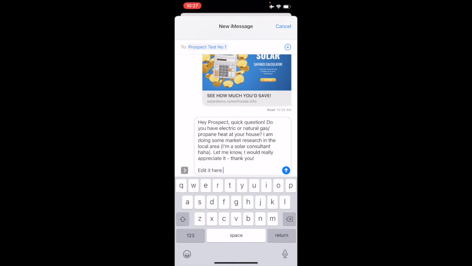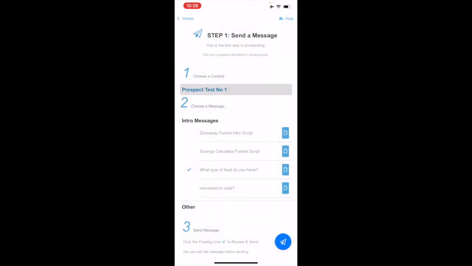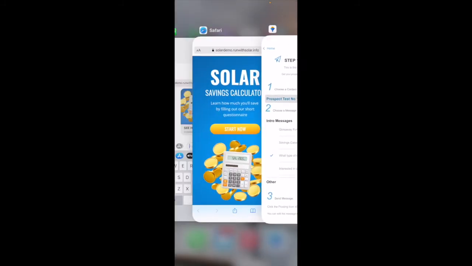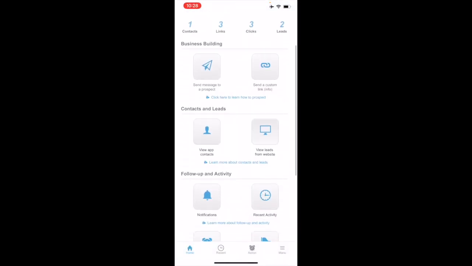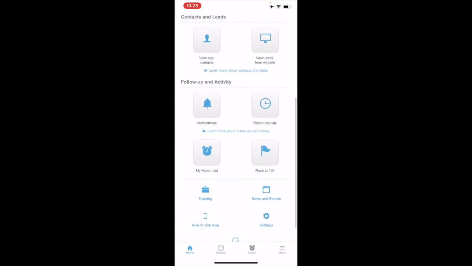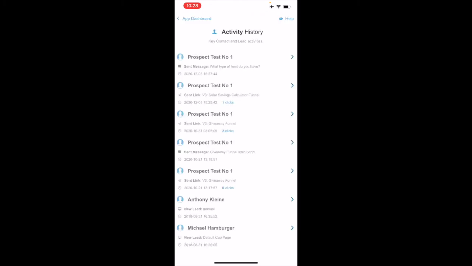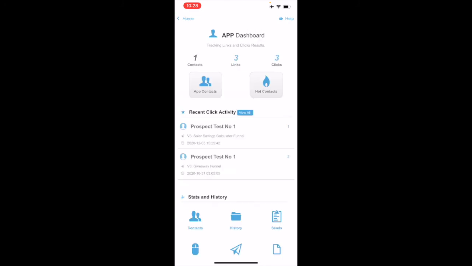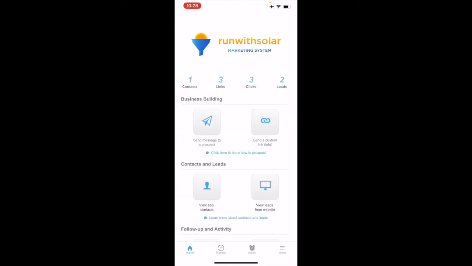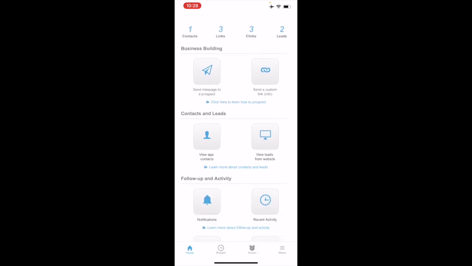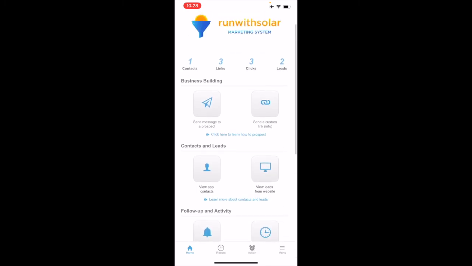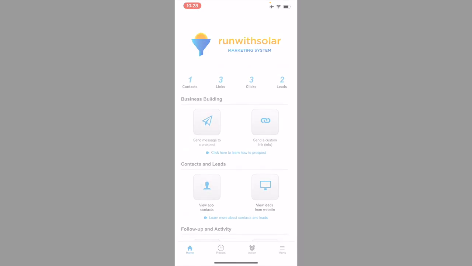The idea is if you prospect or send a couple text messages a day and you have your team do the same, imagine the amount of conversations you're going to get going about solar, and you can utilize this app to get those conversations started and track everything all inside of here. So the biggest thing is play around with this app. You can obviously click on recent activity. You can see people that have interacted with your stuff. The app does a whole bunch of stuff. Really, all you have to do is spend some time exploring it. So with that being said, go check it out, download this app, get your lead alerts, and